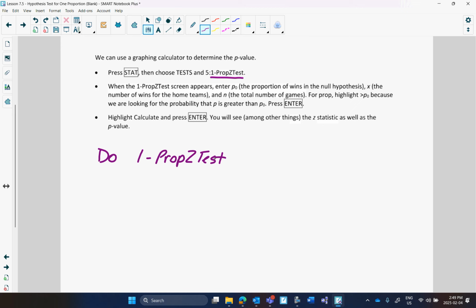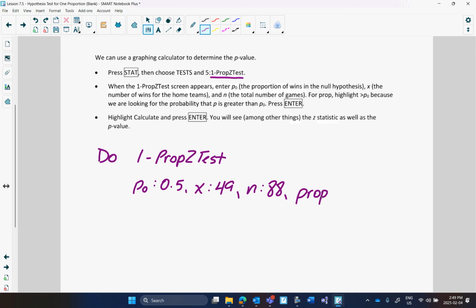It asks for the null value, P0, which we've established is 0.5, no home court advantage. X is actually what happened in our sample. Okay, and what happened in our sample? The home team won 49, right? The sample size was 88. And the last thing, the prop,